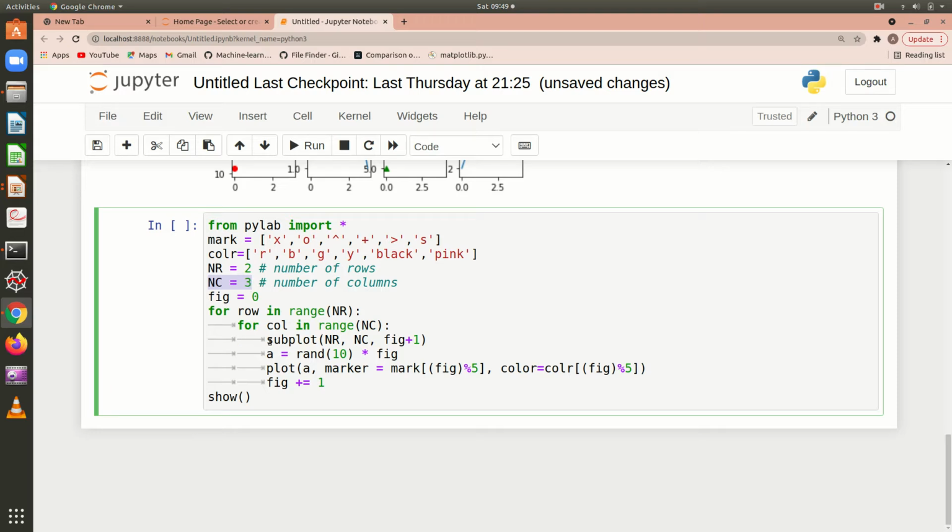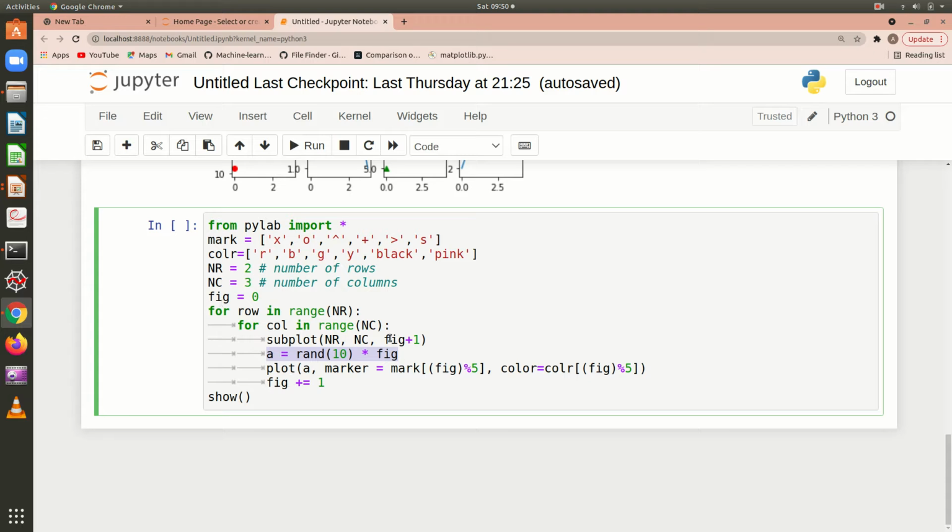And I am creating the subplots each and every time with 2 different nested for loops, and I am going to use the marker from the values of this particular list and the color from this particular list, right? So if you just go through this particular program segment, you can understand that I am creating a random set of values, and for these random sets of values I am plotting again and again by incrementing the figure number, right?